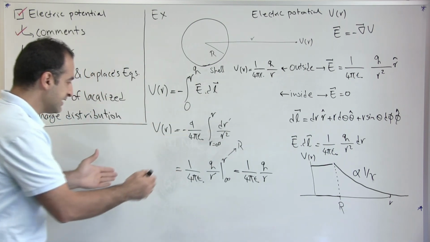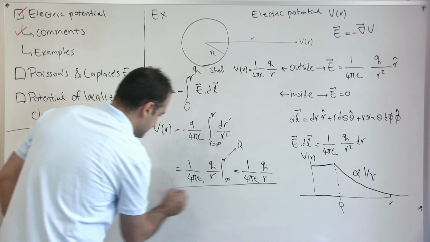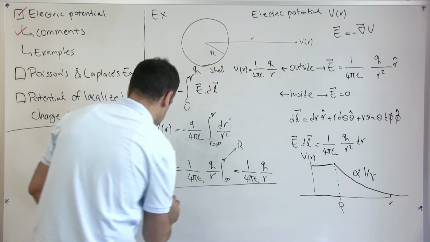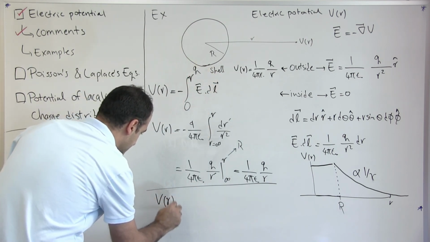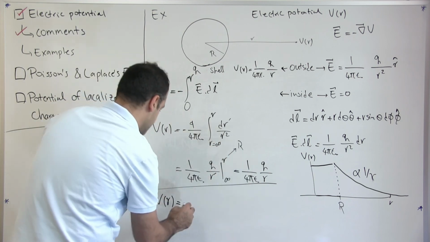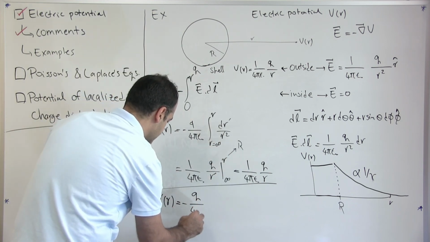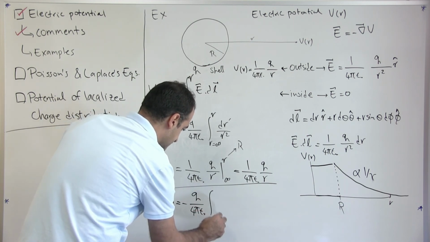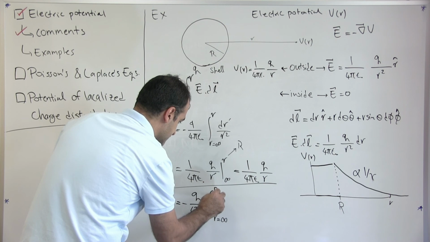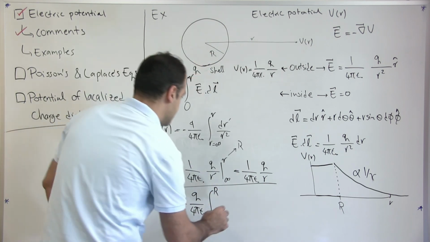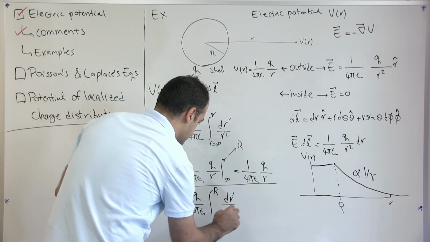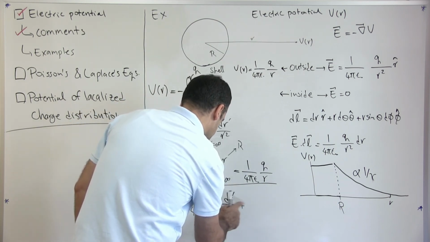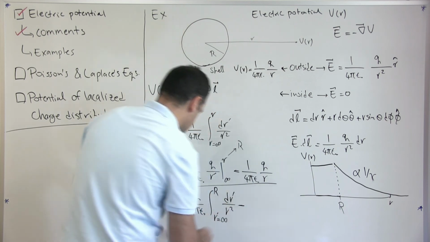So if I want to write that mathematically, very similar thing for points where R sits within the sphere, I should write it like this. V(R) is this integral: minus Q over 4 pi epsilon 0, integral of R prime from infinity to the radius of the sphere, dr prime over R prime squared, plus another integral, or I would say minus another integral because we have a negative sign here,